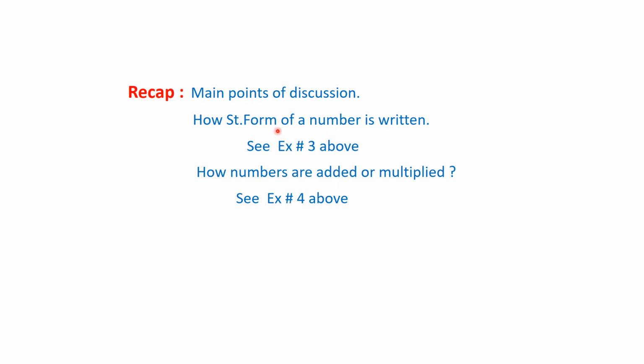In case of addition or subtraction, we make powers of 10 the same and then taking this common we add or subtract the numbers. In case of multiplication or division of numbers, we directly multiply the decimal part of a number by the decimal part, and 10 powers are dealt with each other, getting the answers. This is the end of the topic.